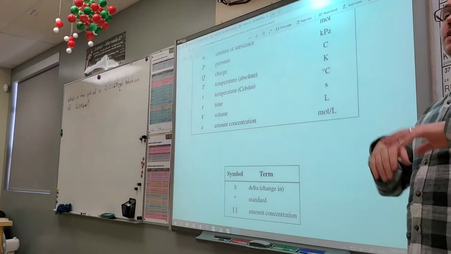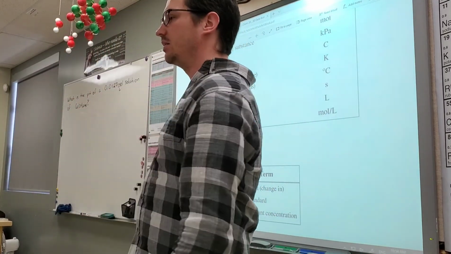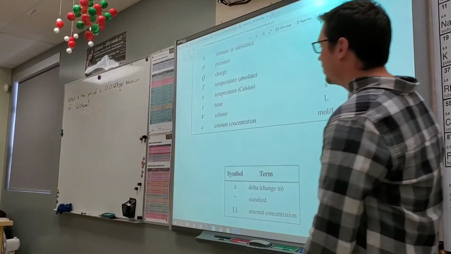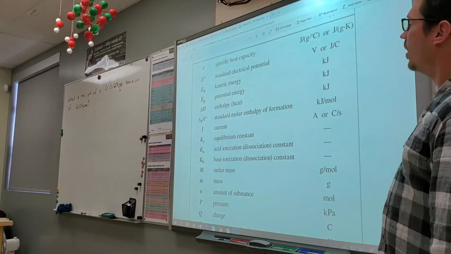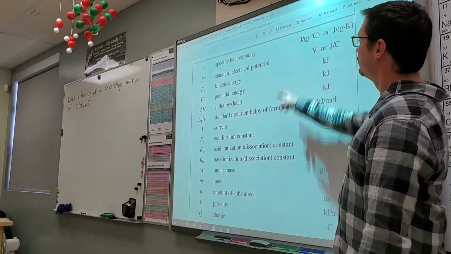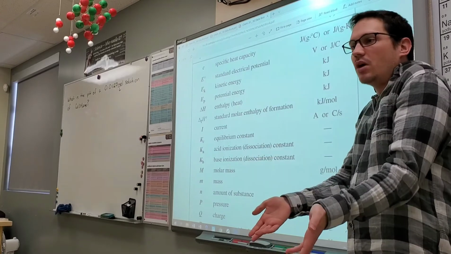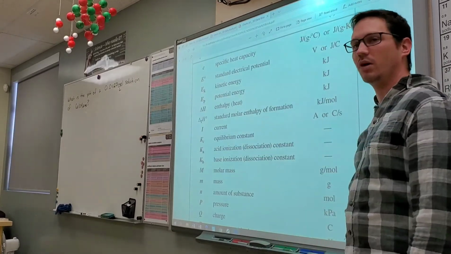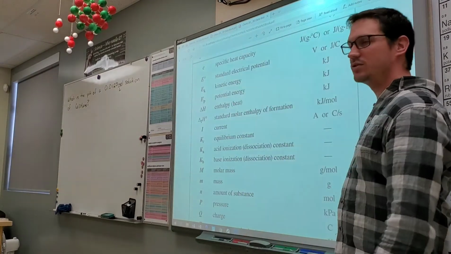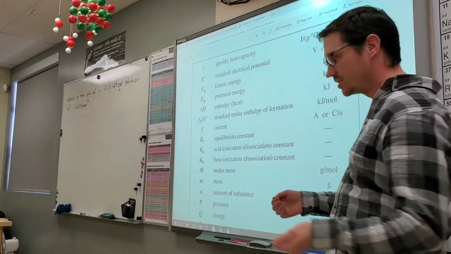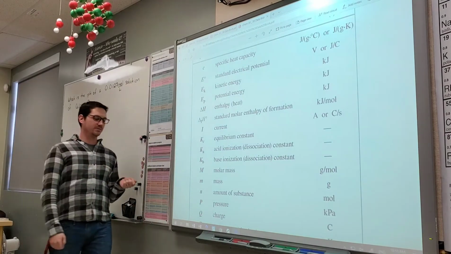What if I said a unit that you've probably never heard before in your entire life? What about the specific heat capacity? Can you find specific heat capacity anywhere on here? Yeah. So what units are they in? Joules over grams degrees Celsius. Those are the units. If you want to solve for specific heat capacity, those are the units you're looking for. You could do a question right now without me teaching you anything. You could solve for joules per gram degree Celsius because you're all destroyers of unit analysis, okay? Or you will be in a couple months.